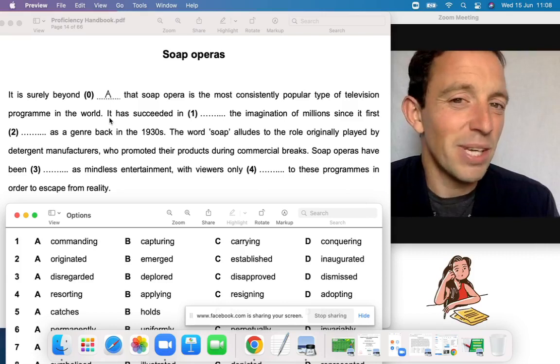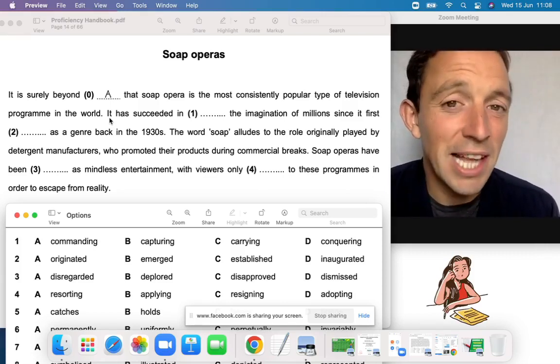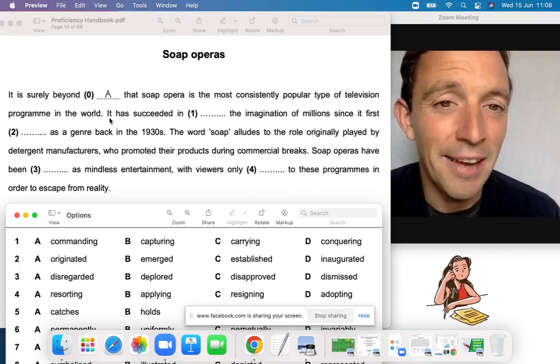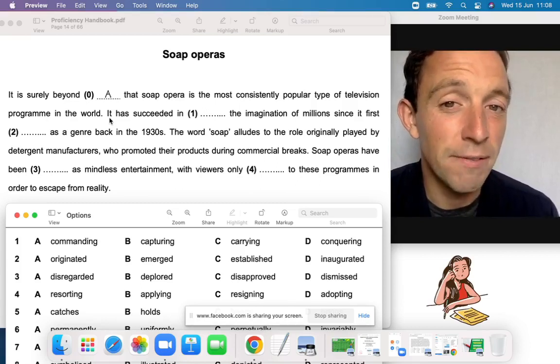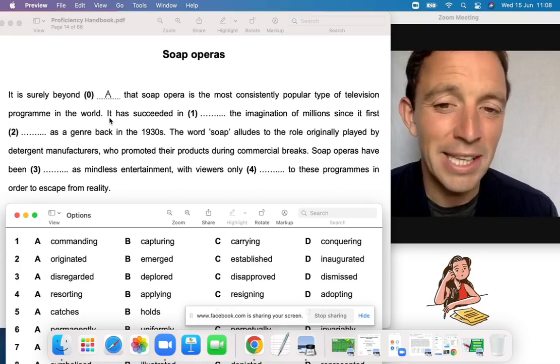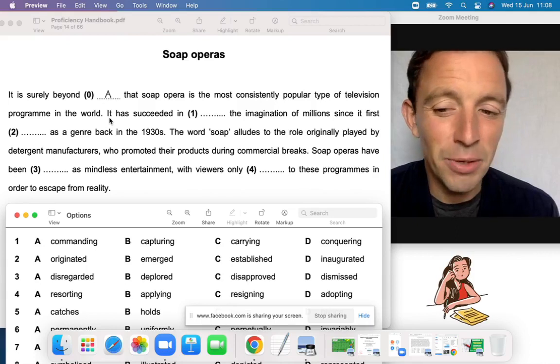Commanding the imagination is not typical. Not really. It might be understandable, but it's not so fluent. And always in this exam, we're looking for the most appropriate and the most fluent answer. So commanding the attention, yes. Commanding the attention, yes. But commanding the imagination, no. Capturing